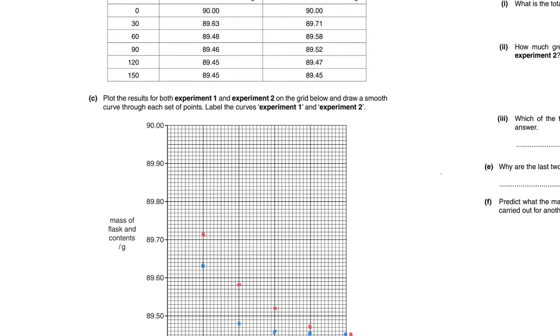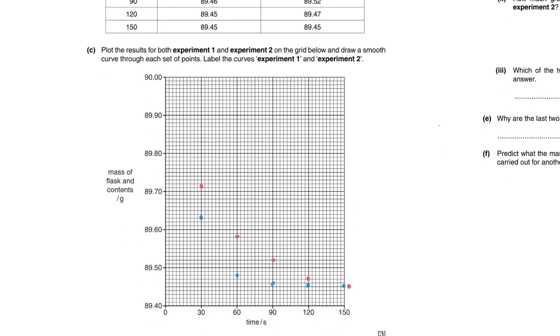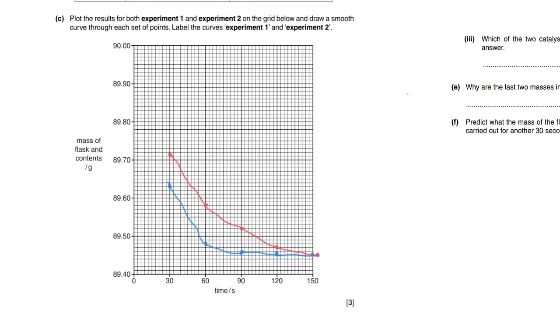Okay, so I have plotted the points. Experiment 1 is in blue and experiment 2 is in red. So I'm connecting these. Right, they're ending at the same point obviously because same amounts of reactants are being used. And you have blue. There will be slight errors when I'm making the graph. I keep on saying this, I know, but you should be aware of it.